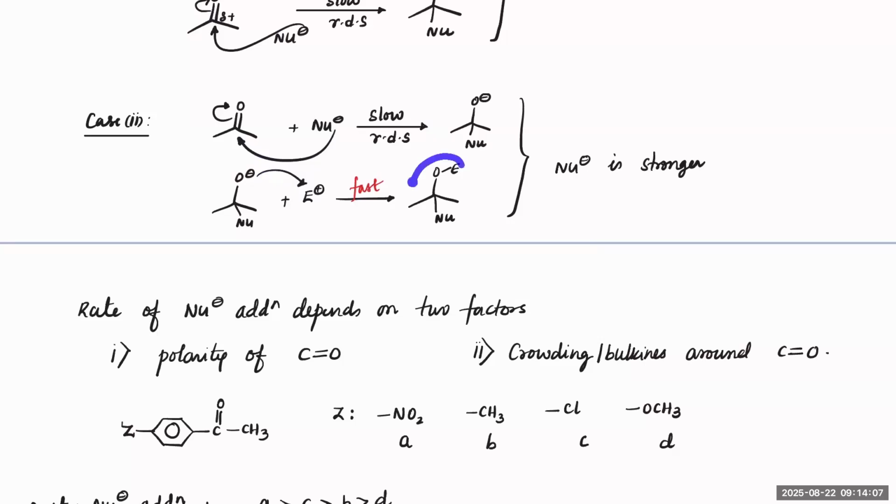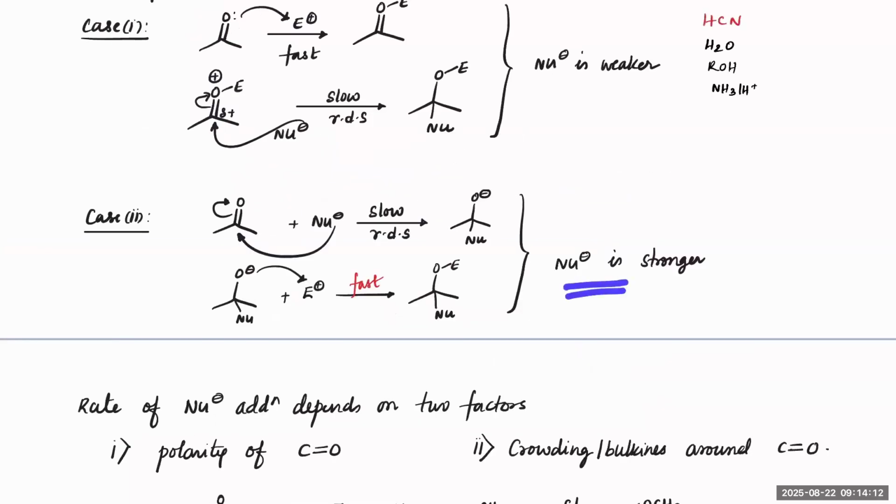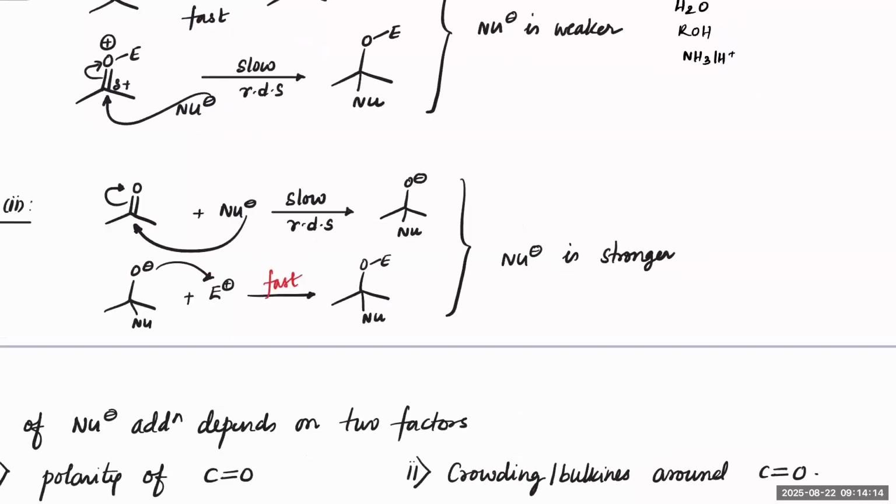Overall, the same addition has happened, but this time the nucleophile is actually stronger. For instance, I have RO minus, R minus, NH2 minus. If you have it like this, HC triple bond C minus, OH minus, got it, CN minus, HS minus,